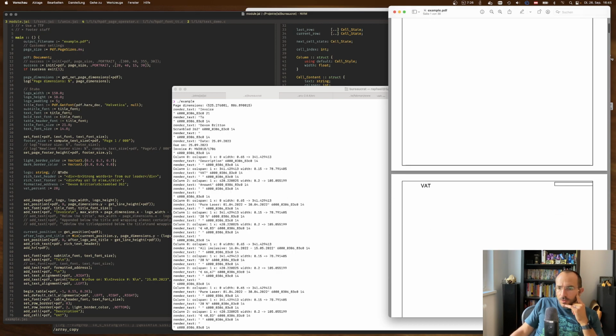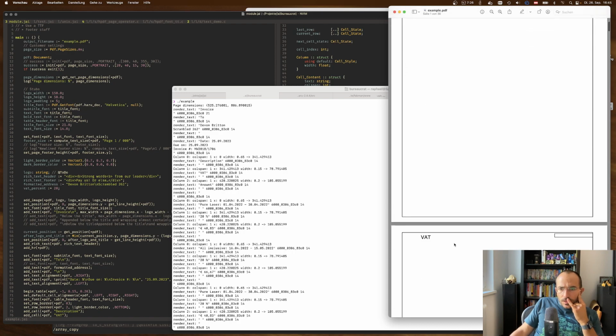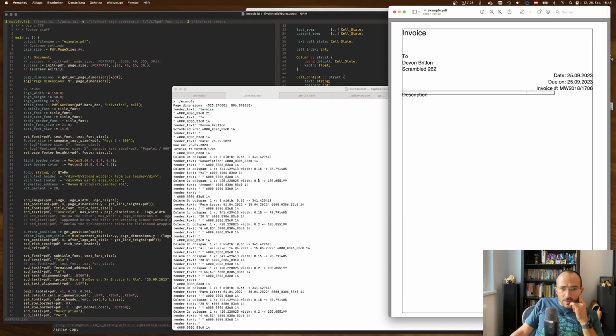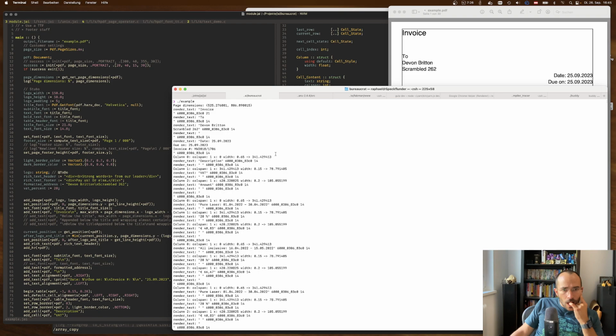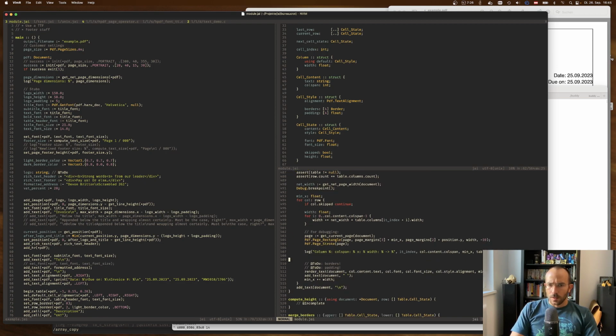And then amount is on the next page. Whoops. The width we pass in seems fine. Oh, I forgot. Yeah, one thing I forgot is to set the position. If we define min x,